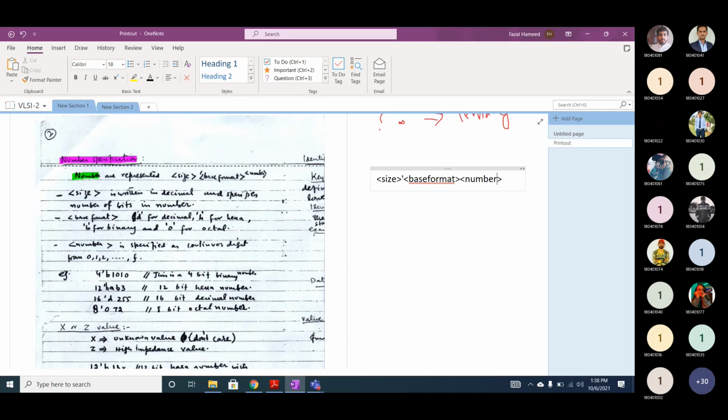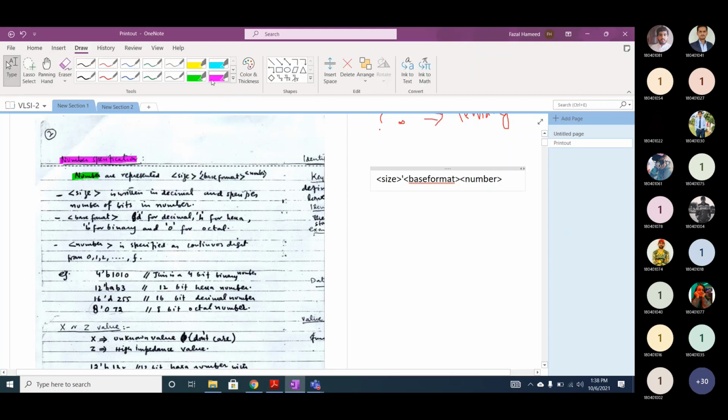I will explain this with an example. First, the size parameter.